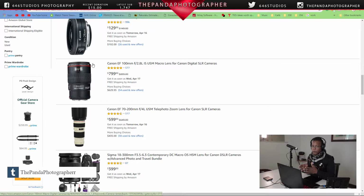So always look for deals with crop sensor cameras or full frame cameras that do come with the lens. Sometimes it costs a little bit extra, but if you have that money to invest in a camera with the lens, please be my guest. Look into it. Do the proper research for your budget,